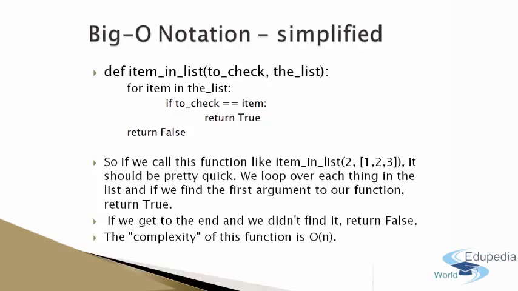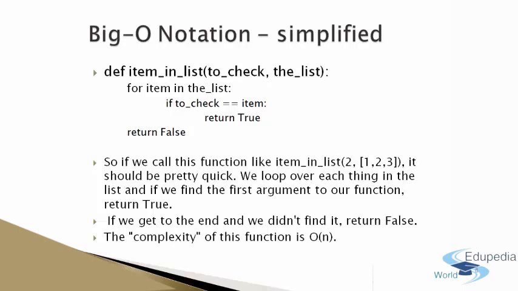Okay. Then inside this method, you can see we have a for loop. The for loop says for item in the list. So it's actually traversing all the items in the list, which is the parameter. It's checking all the items in the list, and if toCheck equals item. So toCheck is compared with each element of the list to find a match. If the element is found, then it returns true, otherwise it returns false. So it's a simple pseudocode of finding one particular element in a list.